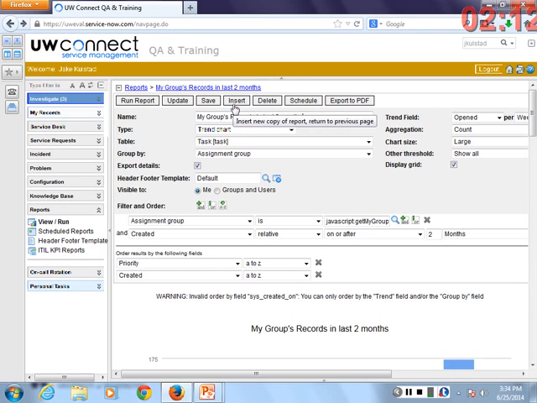There is a ServiceNow-ism that you need to learn if you're going to be working with these types of records. It's called insert. So if you were to click on insert, it would actually insert a new copy of this report. And since you've made it visible only to you, you could essentially take a version of it, make it visible only to you, and you could tweak it. That make sense? So I find that taking a canned report or a shared report that you like and find useful and tweaking it is a much better use of your time. That make sense? OK, so you guys can hit insert if you want a copy of this in your records.